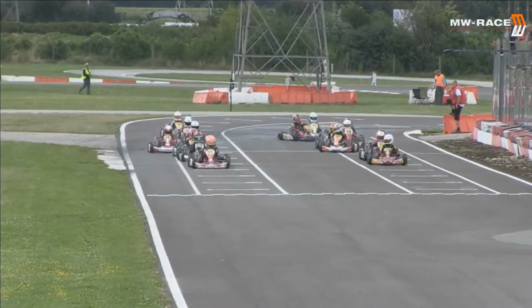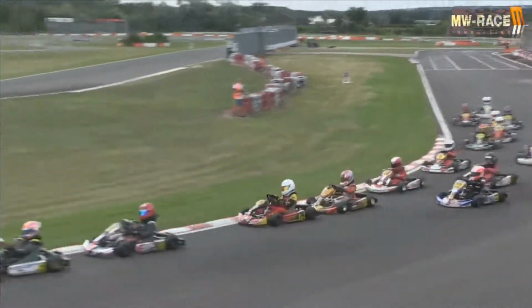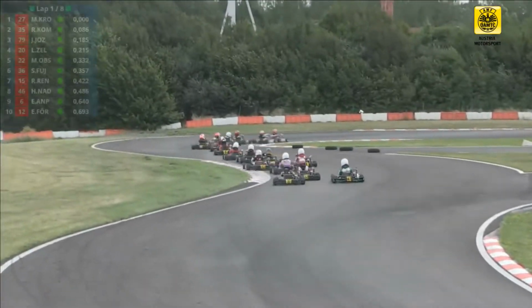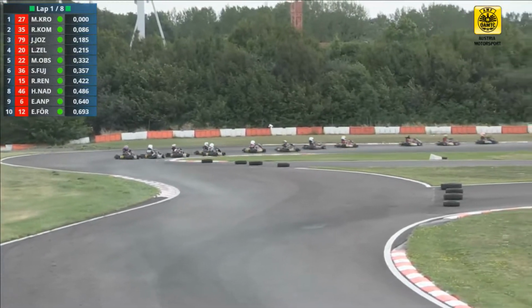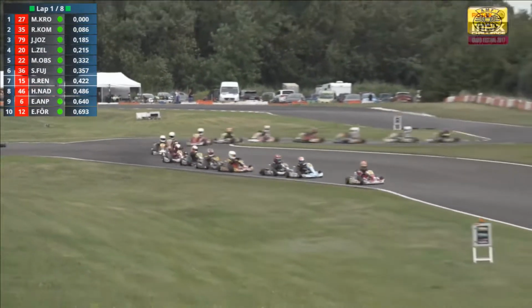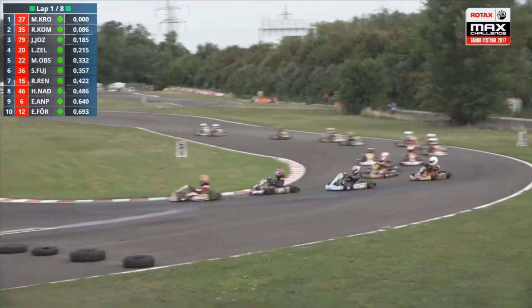To the left is Kroxor, to the right JJ, and we're all off away and racing. Kroxor leads them into the first corner. Kamata's gone into second place. Going into third is Leon Zelenko. Didn't quite see where JJ tucked into. I think it was fourth place, and it was. Fifth place is Shota Fuji, and just behind that, oh well, let's get back to that in a second because